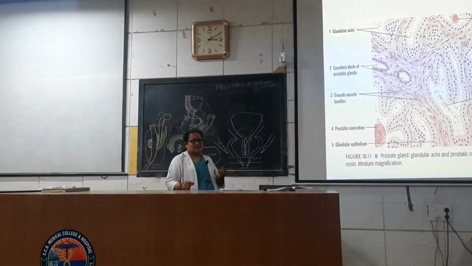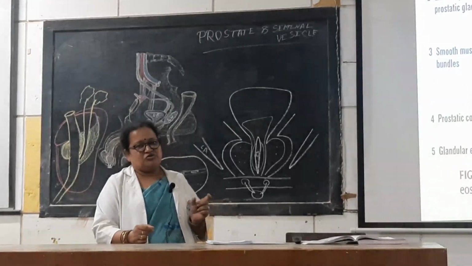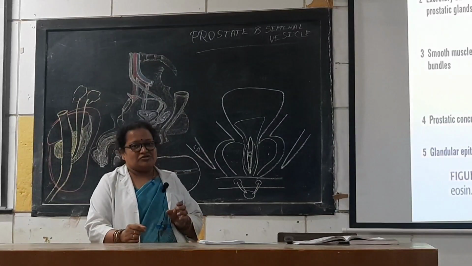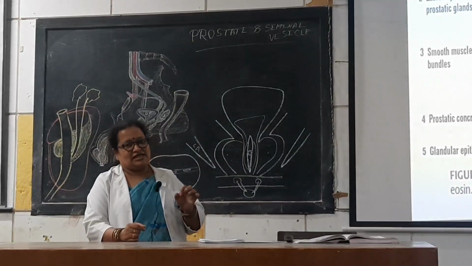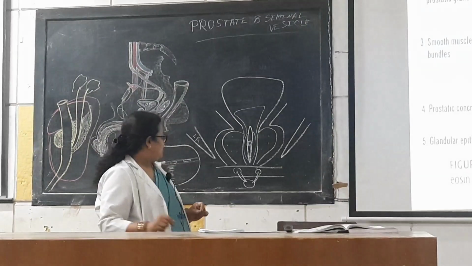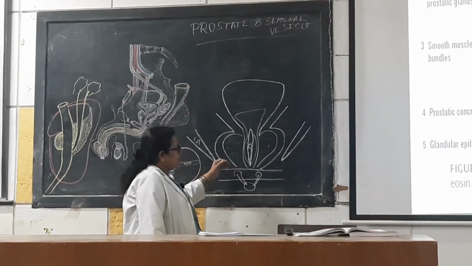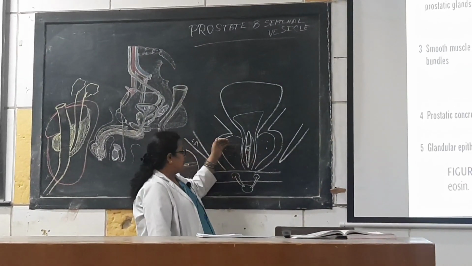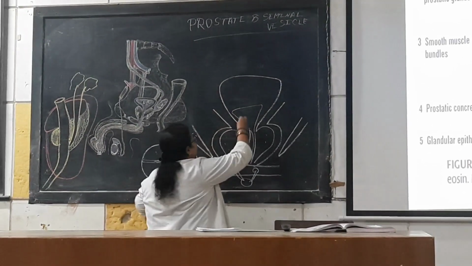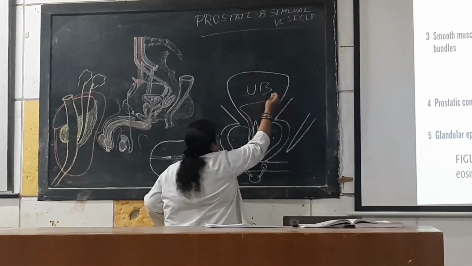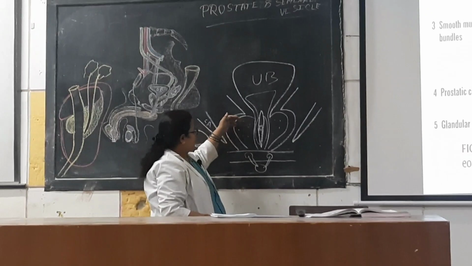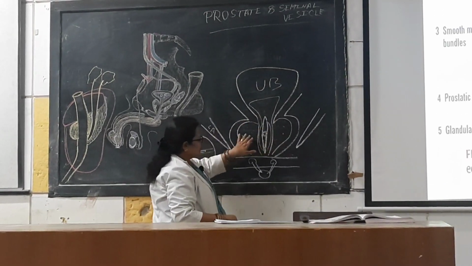There are certain organs like the pons whose breadth is more than the length. The cecum, pons, and the celiac trunk have breadth more but length less. Here we see the prostate, which is chestnut in appearance, and it has a base. This is the urinary bladder, and the prostate lies towards the apex of the urinary bladder.